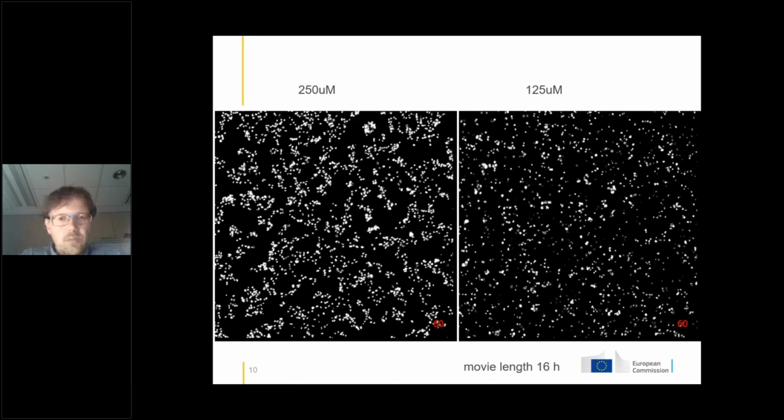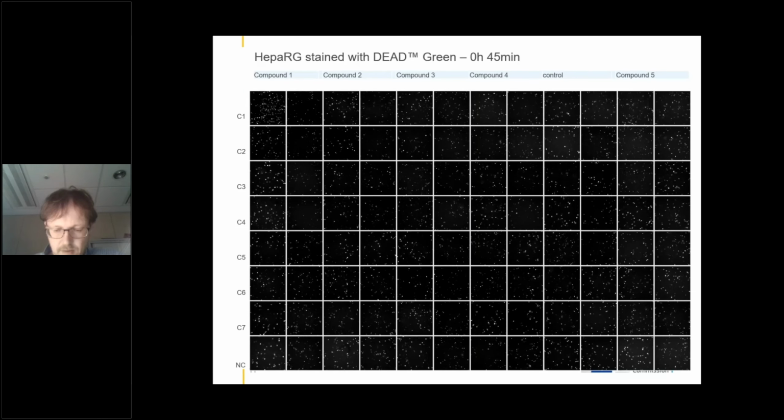Actually, these spots should be green because it was a green fluorescent, but the black and white camera sees just the white spot. So here is a snapshot from the 96 well plate. So we had 5 compounds in 2 replicates and control wells, and 7 concentrations in this case. The highest one on the top, dilution factor was 2, the lowest one here, and the negative control again on